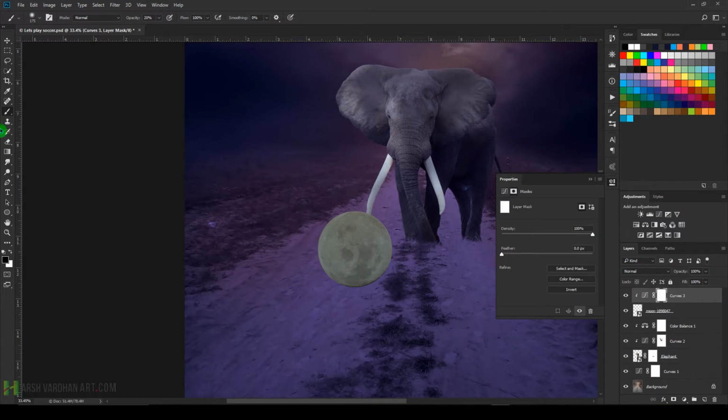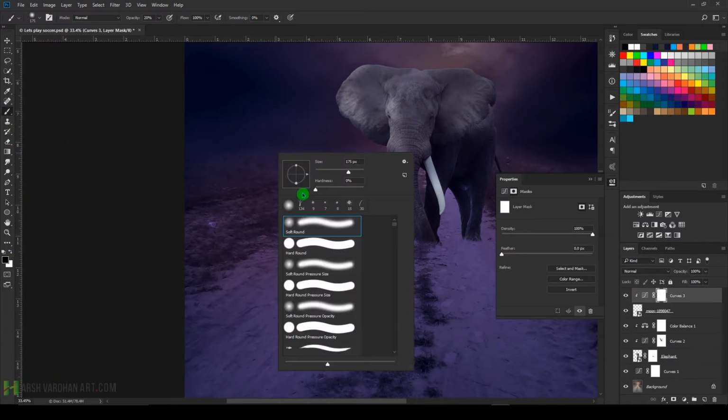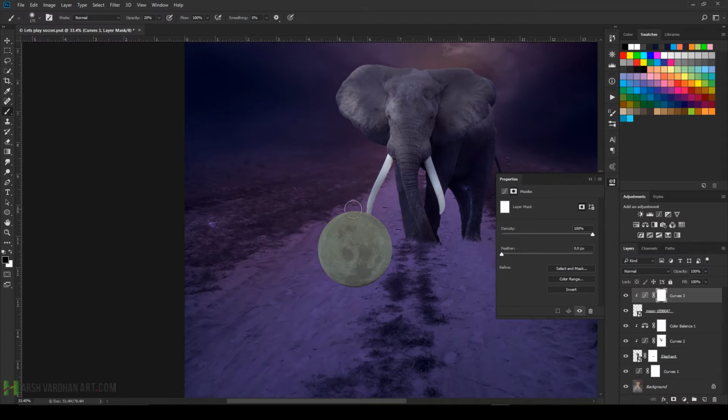And select the layer mask again with the brush tool, soft edge brush, and 20% opacity, with black color. We're going to paint on the top. Our purpose is to make a little bit of shadows on the bottom side and keep the top part bright,